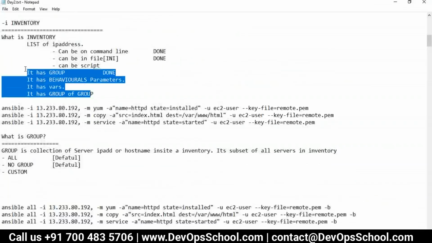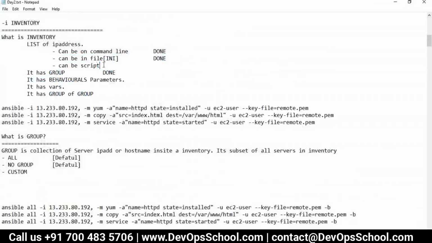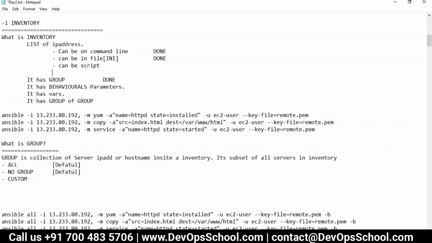So yes, here I have mentioned that the inventory variables can be a directory also. It can be a directory also. So now let's say,